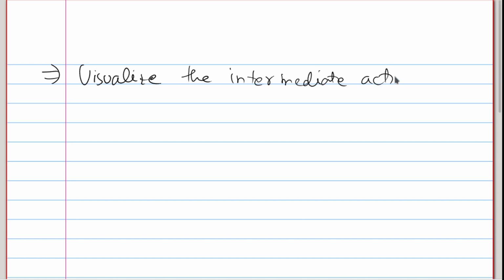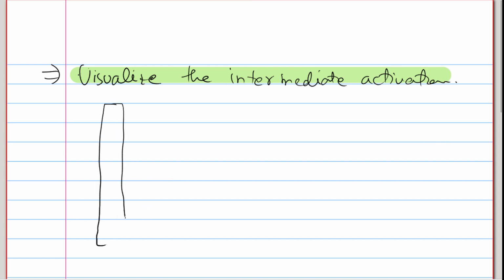Okay, so today we are going to visualize the intermediate activations. That means what these neural networks are actually trying to learn in between the layers. Suppose we have a neural network.